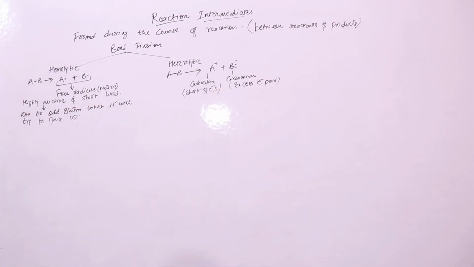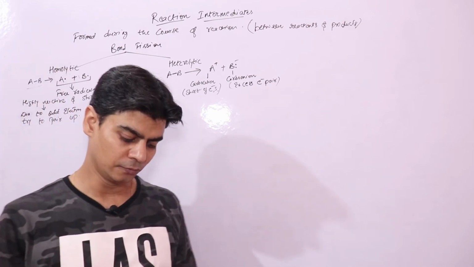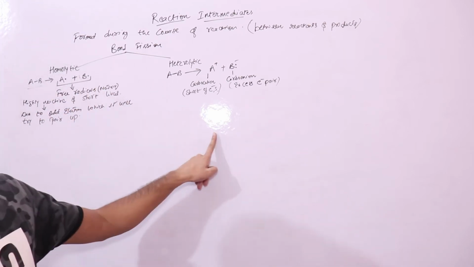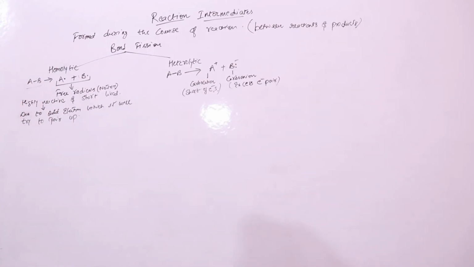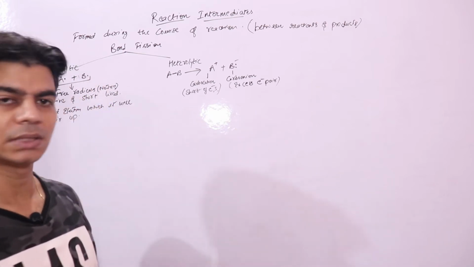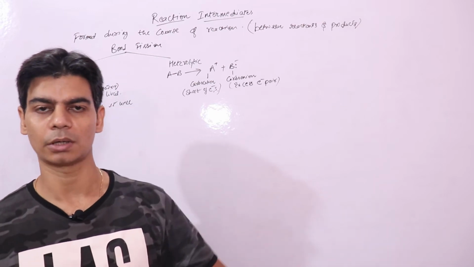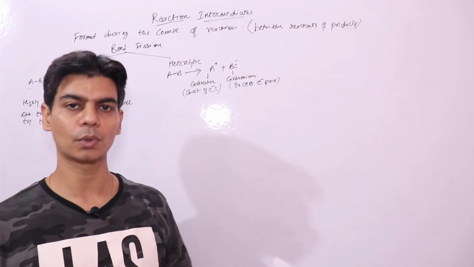Now since we are talking about chemical reactions, before the product is formed, the substrate, or the organic compound that is undergoing a chemical reaction, will form these reaction intermediates, either free radicals or a carbocation and a carbanion. And since these are highly reactive and short-lived, these reaction intermediates will further react to form products. So in a way, these reaction intermediates will help in the progress of the reaction,